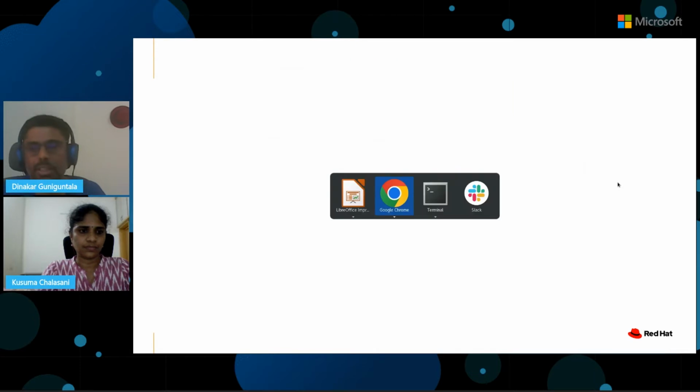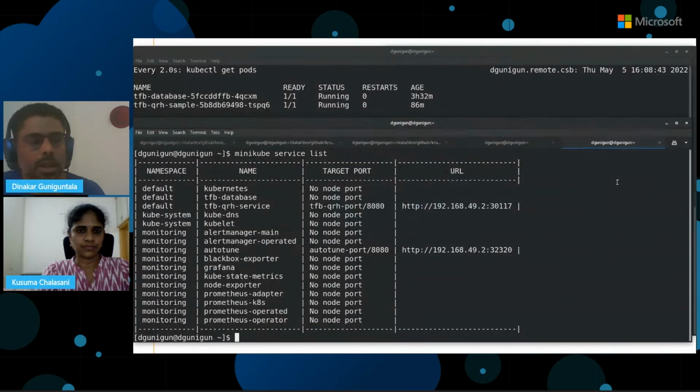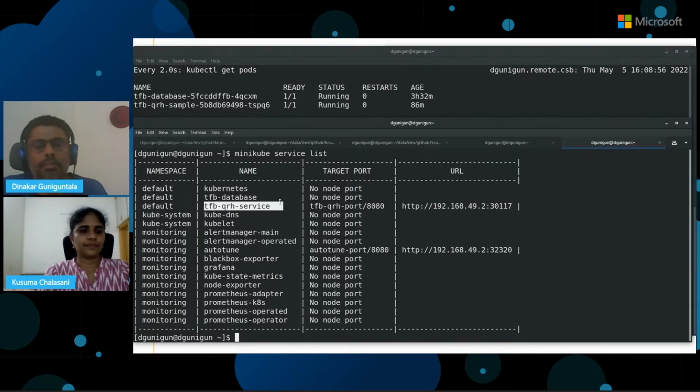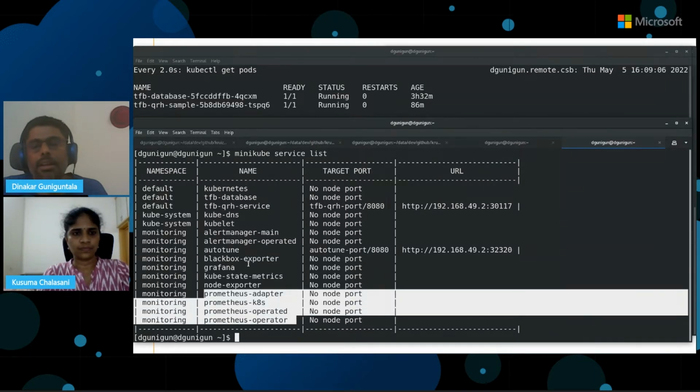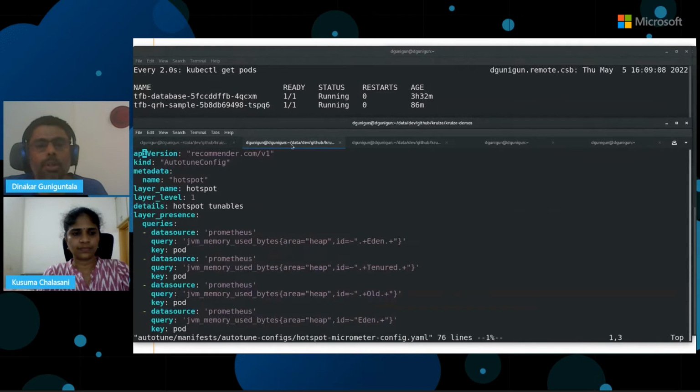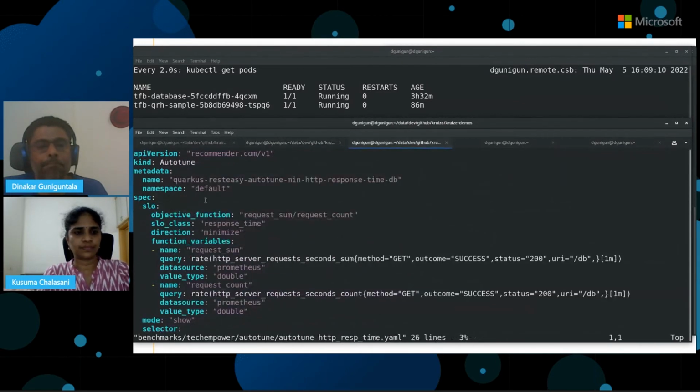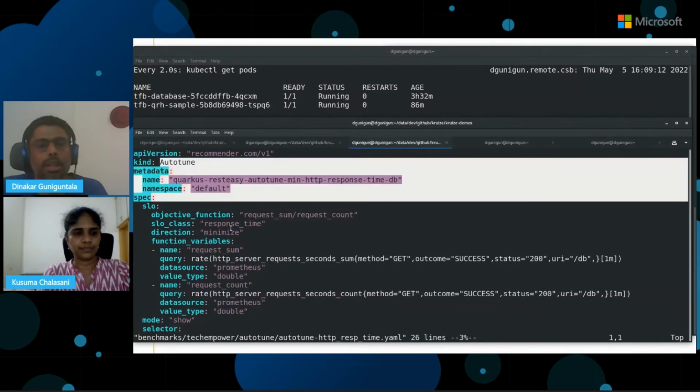So now let's take a look at how this works in practice. I have here a Minikube cluster running on my laptop. As you can see here, it has a benchmark, the TechEmpower Quarkus RESTEasy Hibernate benchmark, as well as Autotune running in the cluster. I also have Prometheus and Grafana in the cluster. And now I'm going to apply the Autotune YAML, which says,